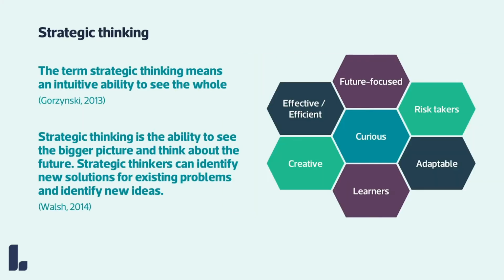And finally, a couple of definitions here of strategic thinking. Korzynski is saying that actually it's an intuitive ability to see everything all at once almost, whereas Walsh is focusing more on that bigger picture. It's so easy when we're caught up in the day to day with operational concerns that we forget the bigger picture. But that ability to stand back and to think about the organisation as a whole, markets, where they're going, what the trends are, how we're still going to survive in the long term as an organisation delivering a mission,